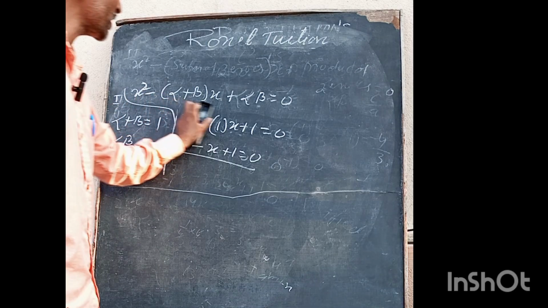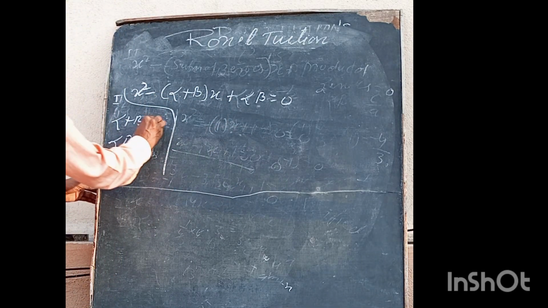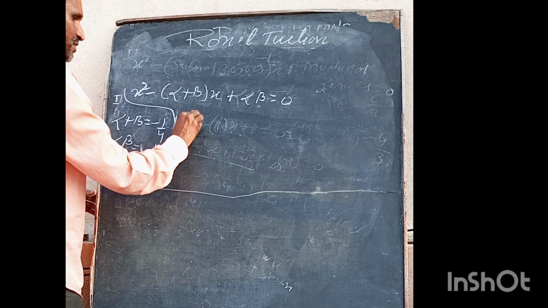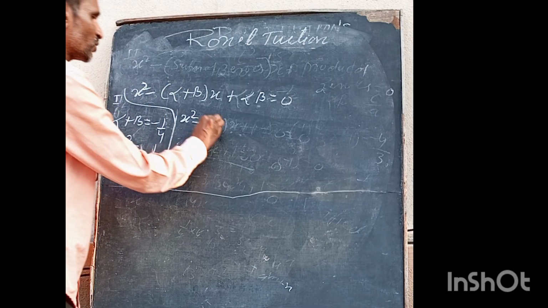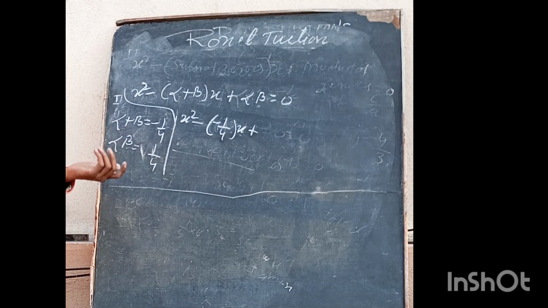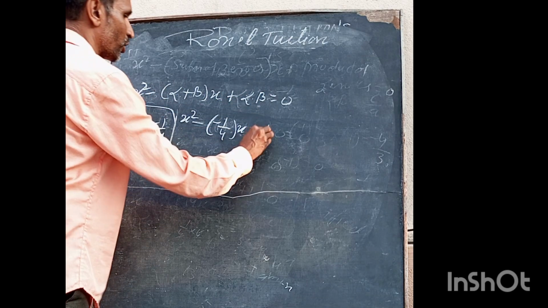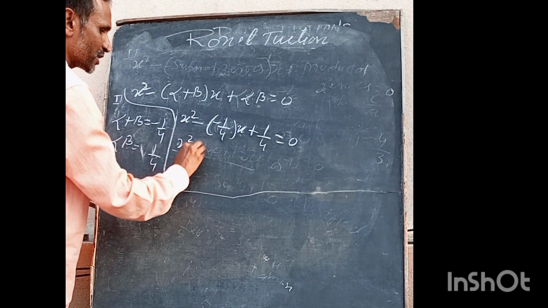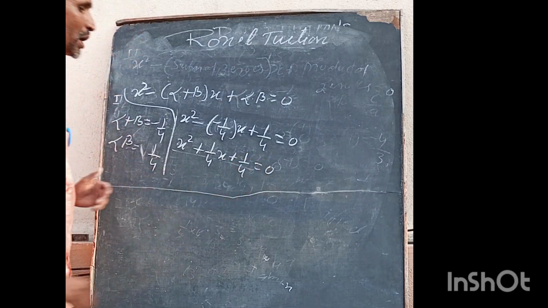And it will become the quadratic equation. Next we go to another question. Another question is given here, minus 1 by 4 and 1 by 4. x squared written as it is, minus (alpha plus beta), the sum of the zeros given minus 1 by 4, minus 1 by 4 x plus alpha beta, the product of the zeros given 1 by 4, is equal to 0. Now we are writing x squared, minus into minus becomes plus 1 by 4 x plus 1 by 4 is equal to what? 0.